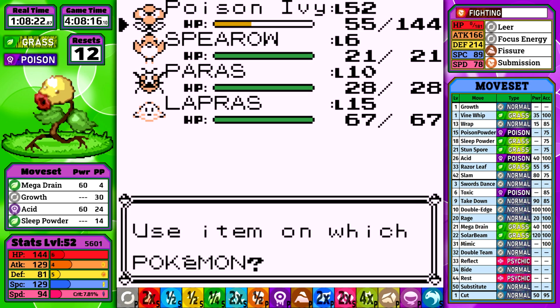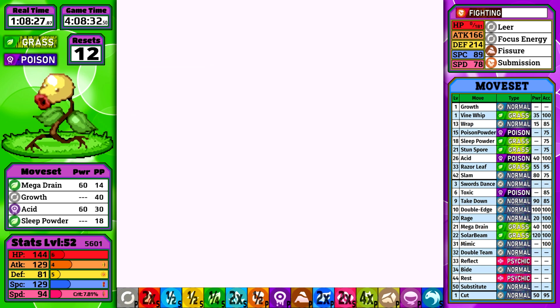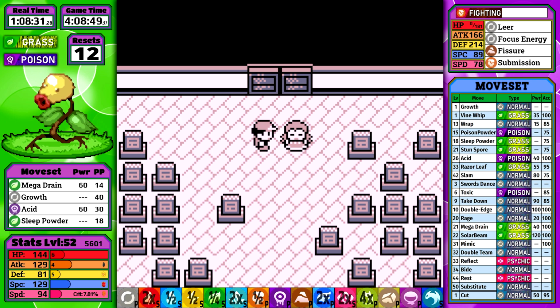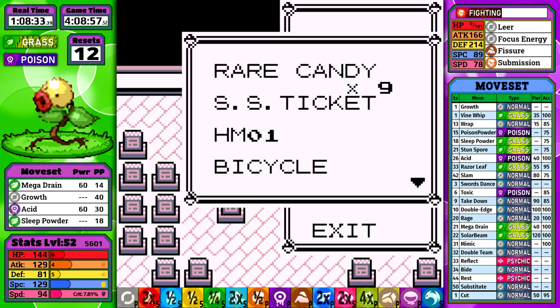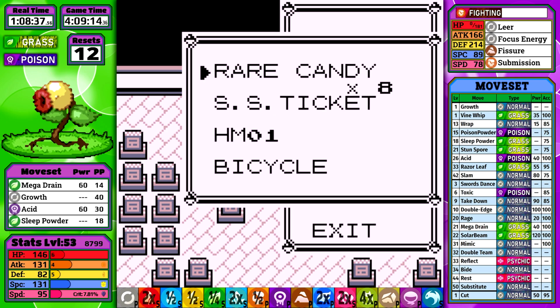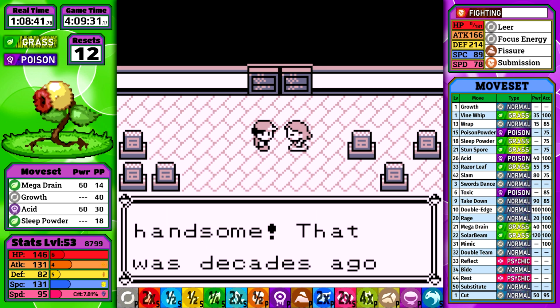Agatha is going to be the scariest battle of the run. As you probably know from the Vileplume run, Mega Drain and Acid are not a very good moveset to go up against Agatha with. And we've got a slow Pokemon to boot. But unlike Vileplume, we actually have 6 growths instead of 3 Swords Dance,